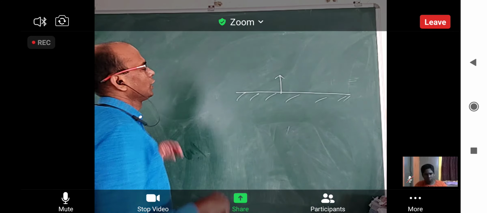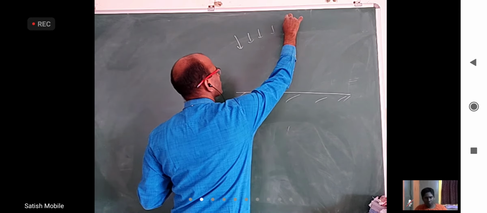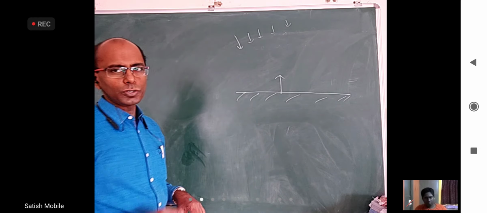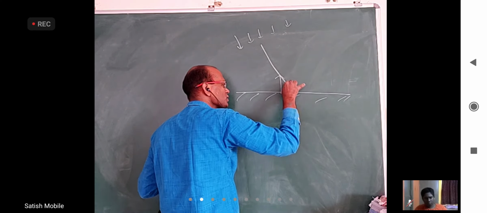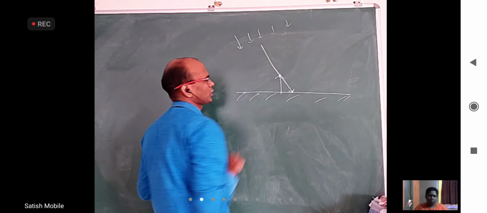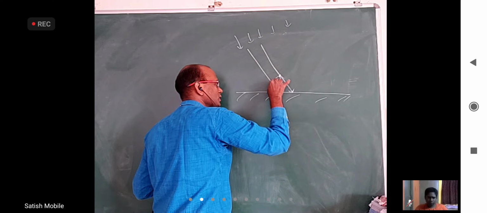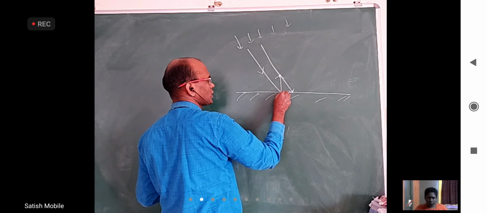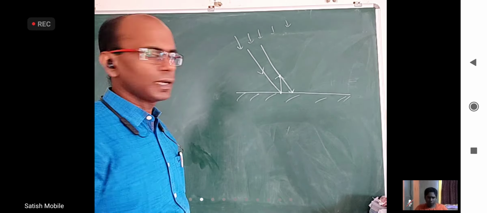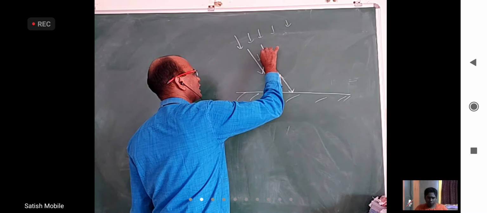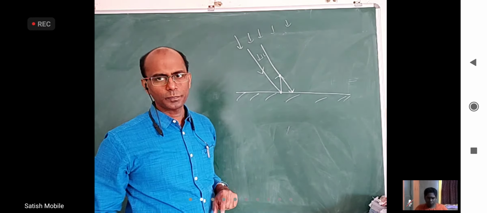Alright. So we have some object and some light rays are coming like this. I specifically want to show some light rays here. One of them is this, which is passing through the topmost point of the object. Another one is this, which is reaching the bottommost point of the object. The reason is, if I take any other light ray in between these two light rays, they will be blocked by the object, they don't even meet here.